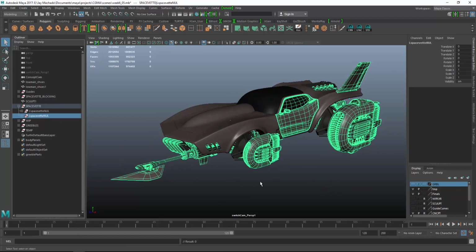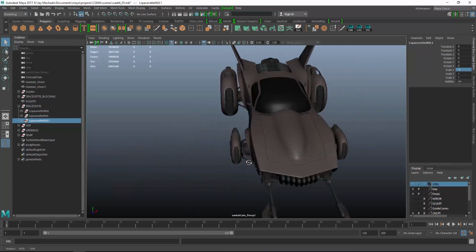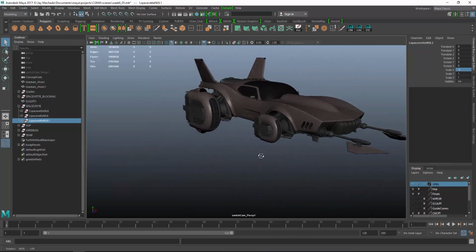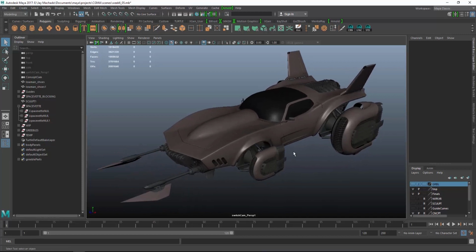And I can go ahead and take this left side, duplicate and scale in -1. And now we have our SpaceVet fully greebled out. So for this week, I want you to take a pass at adding greeble details to